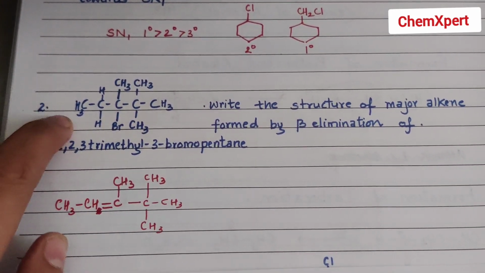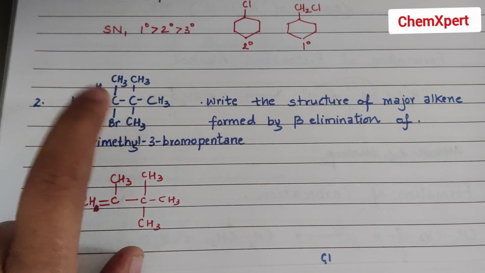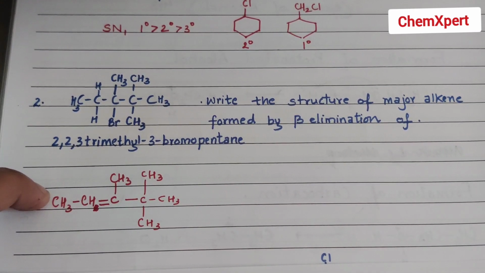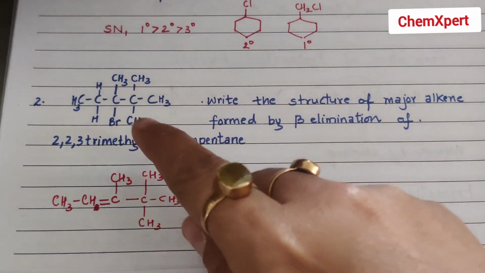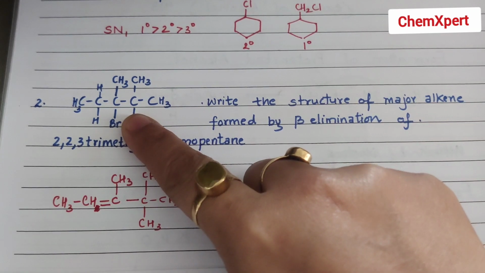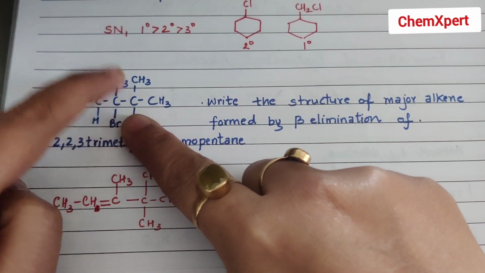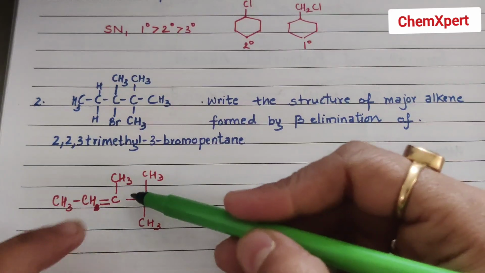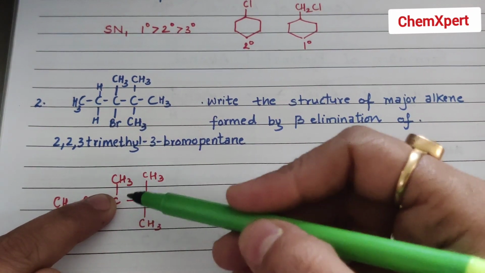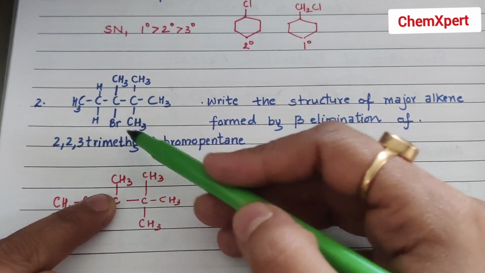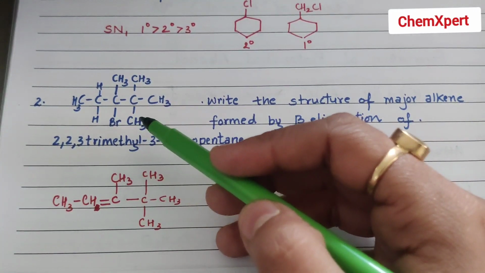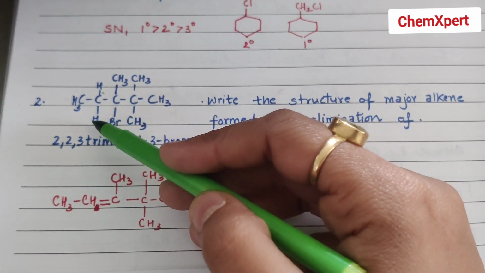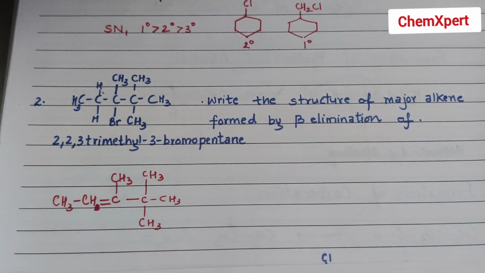So this is the only and major product, because for the Br, removal of H can only take place from this side. Now if the question is like this, and at this CH3 an H is present, then yes, elimination will take place from this carbon, H from this carbon and Br from that. Then in the product the double bond will arise at this position, but it is only possible if H is present instead of CH3, because here CH3 is present and no elimination of H can take place from that beta carbon. So now from this beta carbon H is eliminated and gives rise to this product.